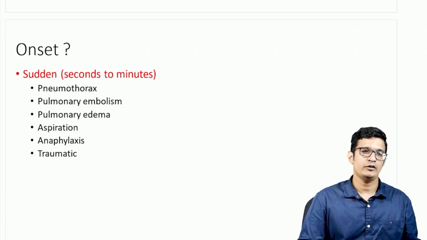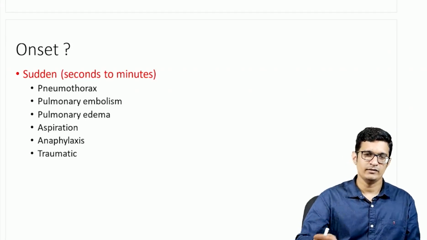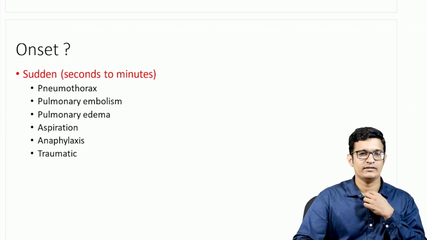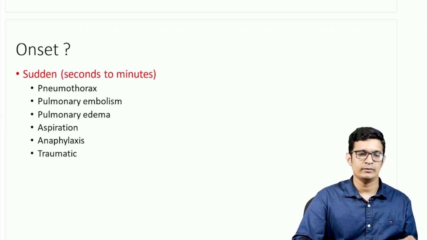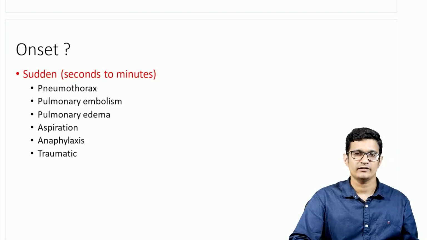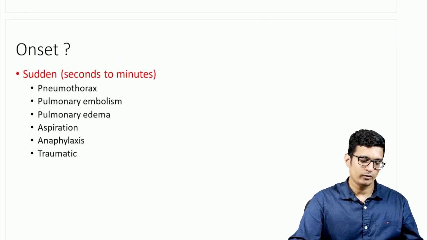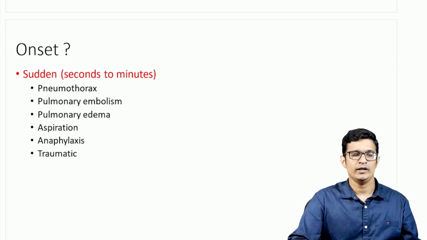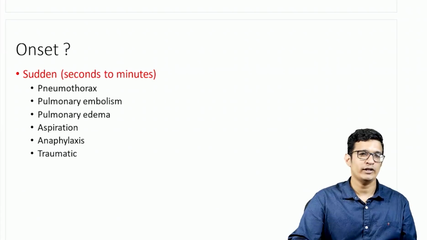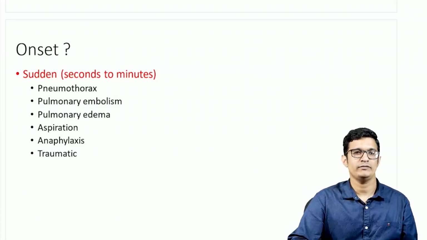This is very classical of a foreign body inhalation. Most commonly, small children may swallow some stone or maybe some peanut, etc., and that will be stuck in their throat at a subglottic level, and that will cause sudden onset breathlessness. So sudden onset breathlessness in a child is most commonly aspiration or a foreign body that is stuck in the throat. That is the most common diagnosis that we see.